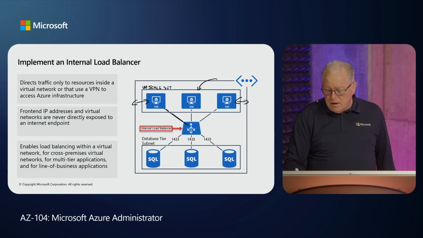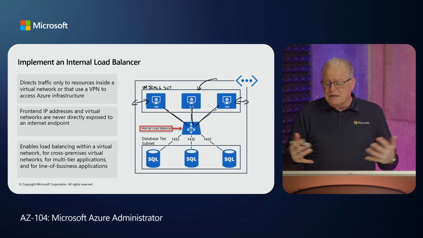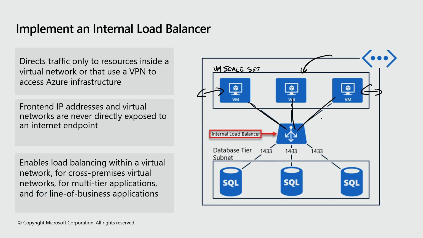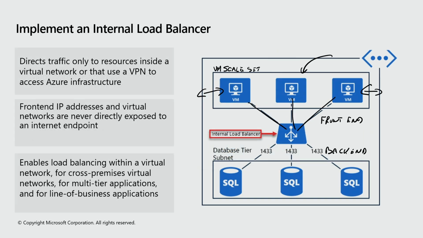And now it's going to have multiple entry points from the various number of machines that might be sending something to the load balancer. And what we take a look at is what its front end is. In both of these it's a front end and a back end. And on the previous slide, the same thing happens. Your front end, which is an IP address now, has a back end, and you'll often hear the term back end pool. So the load balancer at the end of the day, what it does is the same in both of these scenarios. Maybe how you get into it is going to be the only real difference